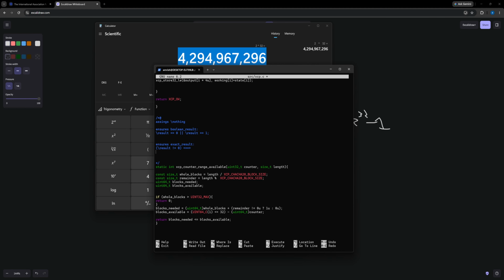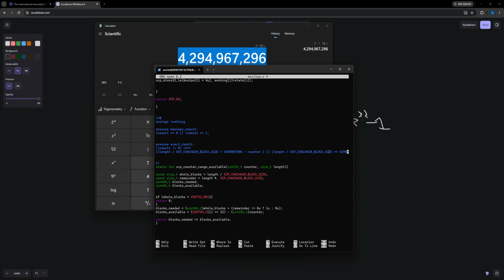So we want to look at when our length divided by the XCP cha 20 block size is less than our total addressable space minus the counter, or length divided by the XCP cha 20 block size equals,